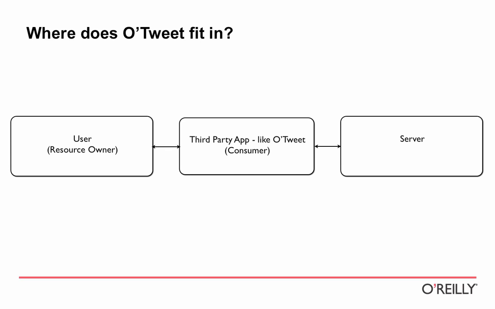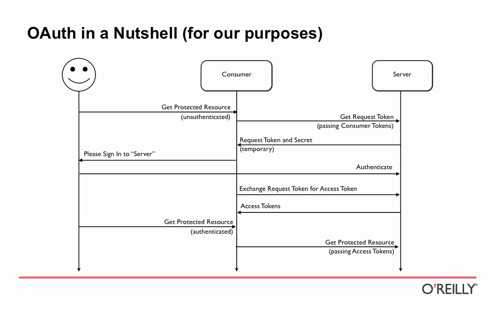So where does OTweet, for instance, fit in? That is, in OAuth parlance, a consumer. The third-party application is called a consumer because it's consuming something from the server-based application on you, the user, or in OAuth parlance, the resource owner, on your behalf. So the way it works is the third-party app acts as an intermediary between you and the server as a user. Here's a simplified